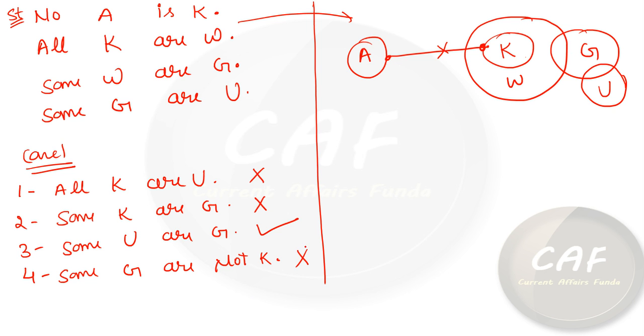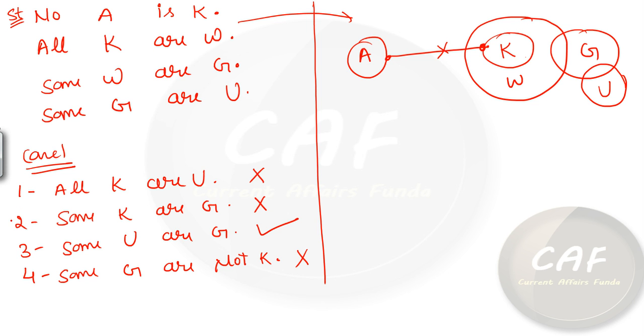Fine. So friends, we will not write directly some U or G. That means option 3 will follow and rest will never follow. Okay. Also, if the conclusions are more than 2, 3 or 4, then we need to check whether there is any chance for the either or condition or not. Okay, so we need to make here third will follow, that is sure here. But we need to check here 1, 2 and 3, 1, 2 and 4 if there is any case of either or. All K are U, that means U and G, G and K, that means first will not make any either or condition.